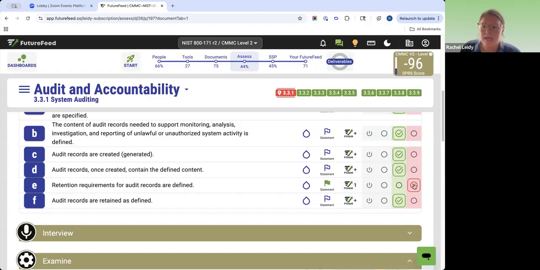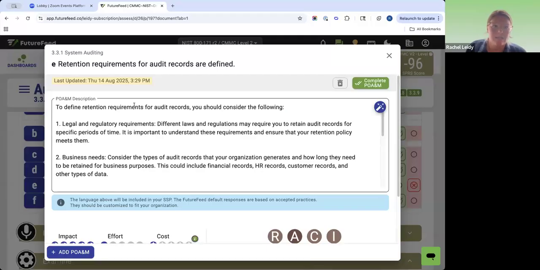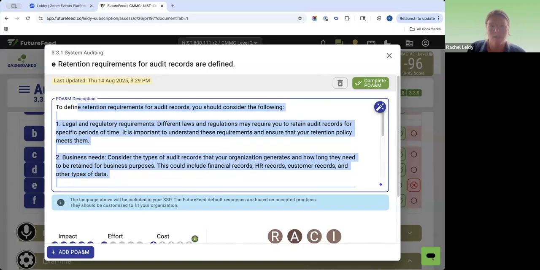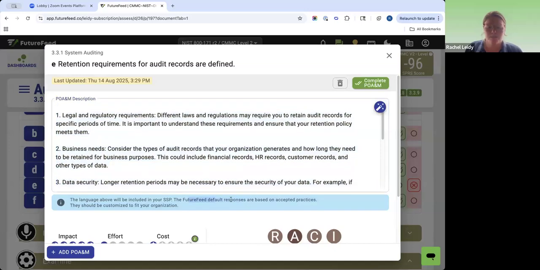Okay, so after you mark something not met, then the next step, or what I would recommend, is going in and tailoring that POA&M item. So open it up, and this is the POA&M item that was made. And here it is going to come pre-filled with some POA&M description. This is just meant to be standard industry, common implementation guidance. And you should tailor it, update it, delete it out, use it, whatever you want to do. But this POA&M description here